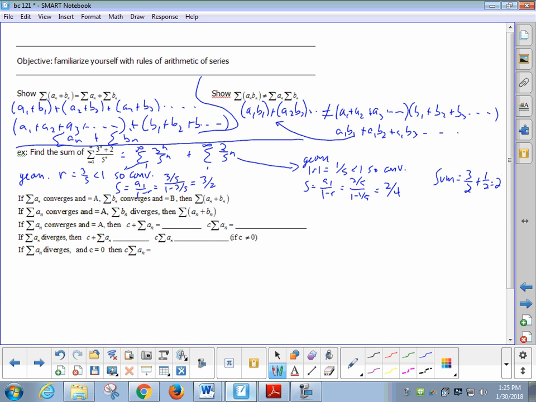Did you get 2? Yes. Okay. That's what the work should look like on a geometric problem. You should identify it as geometric. Remember, not every series is geometric. In fact, it's pretty rare. R equals 3/5, which is less than 1. You must give evidence in addition to the test value.